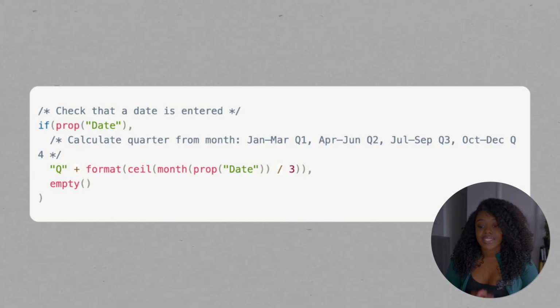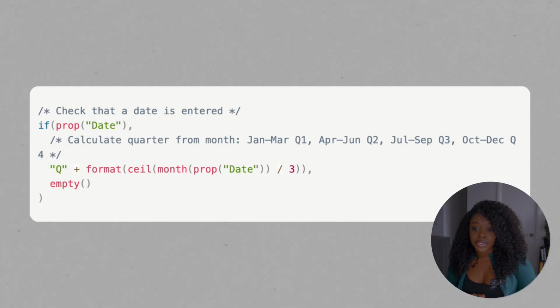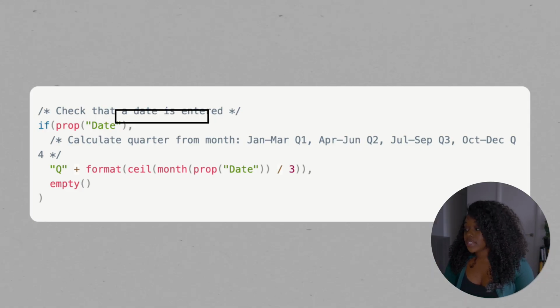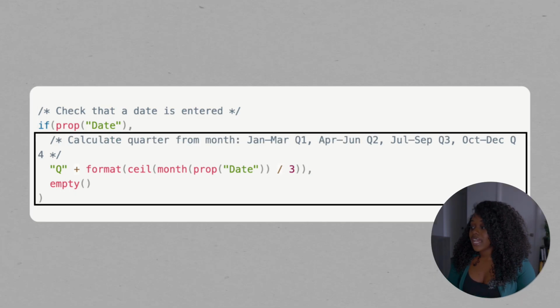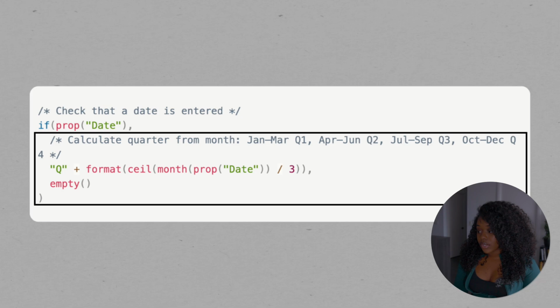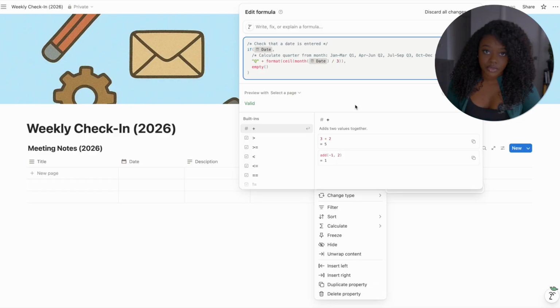And this is the formula that we are going to be using to calculate the quarter. Essentially what this formula is doing is it checks if the date exists, and then it figures out which quarter that date falls into, and it automatically labels it as Q1 through Q4 so that when we create the different views, we can organize them by quarter. And of course, this formula is also available in the description box for you to just copy and paste directly